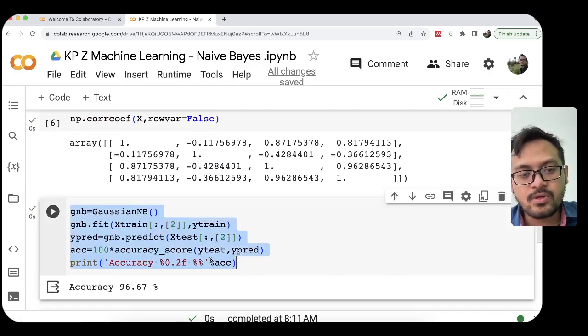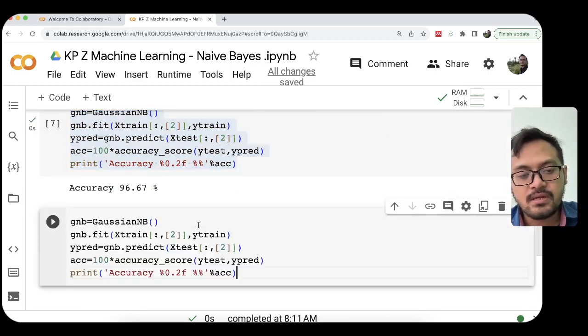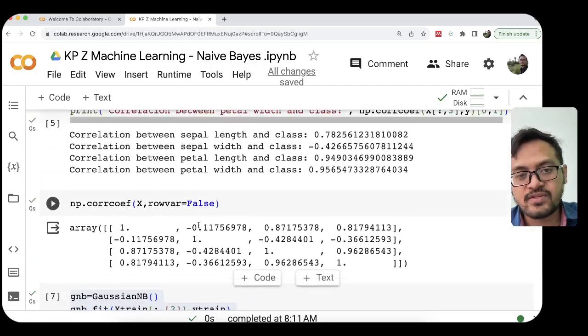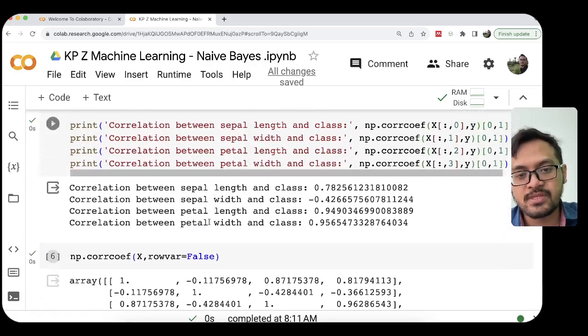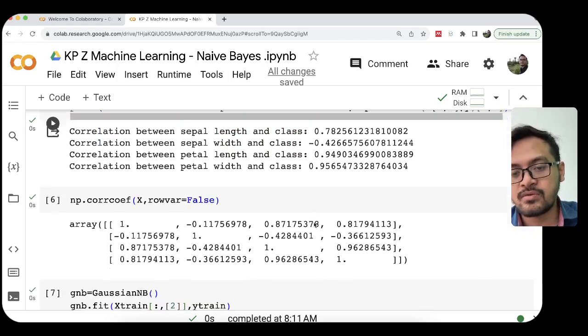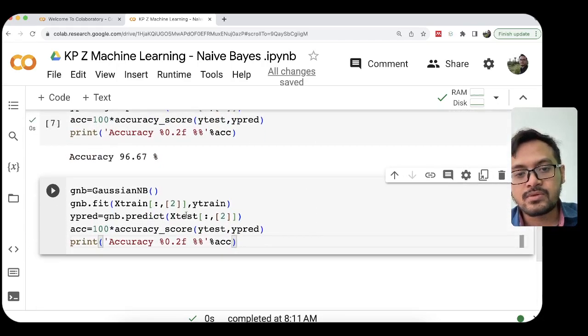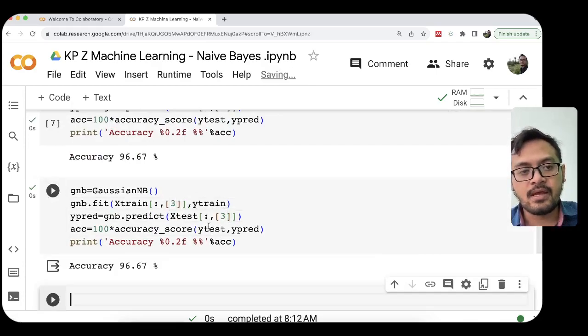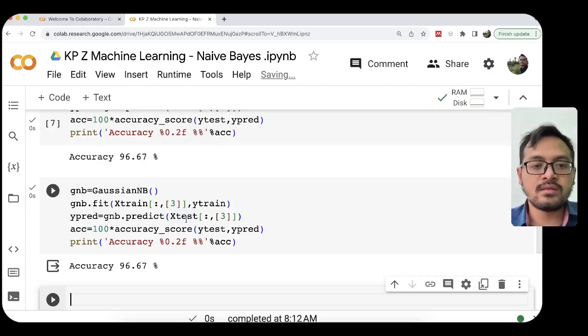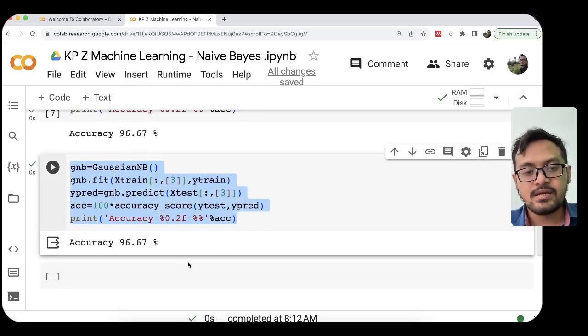So what happens if we only use the fourth feature, petal width, since it has the highest correlation with the output? We change it to 3, and actually we also get the same accuracy.